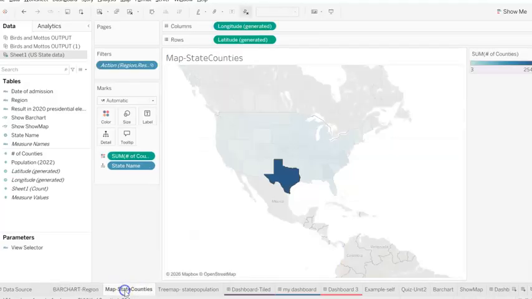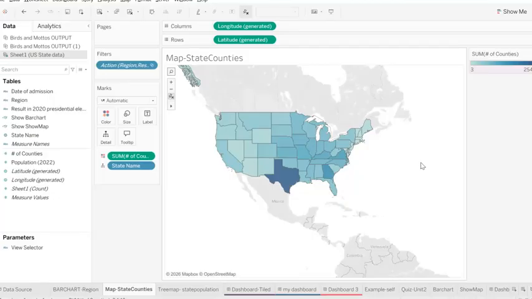Moving to the second visualization, this is a map that shows the number of counties across different states. A darker area represents states with more counties. We can see that states like Texas have a larger number of counties. The takeaway from here is that the geographic distribution varies widely, which can impact how election results are represented and